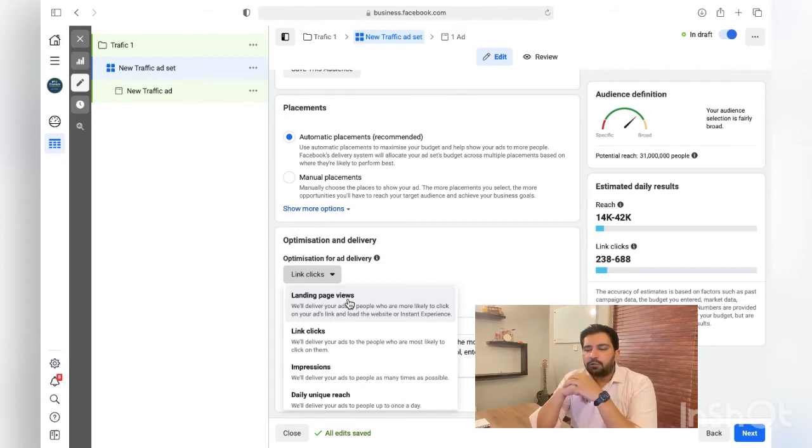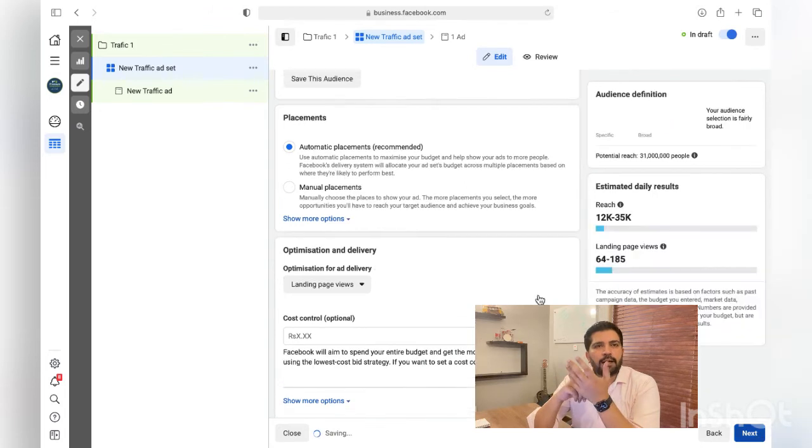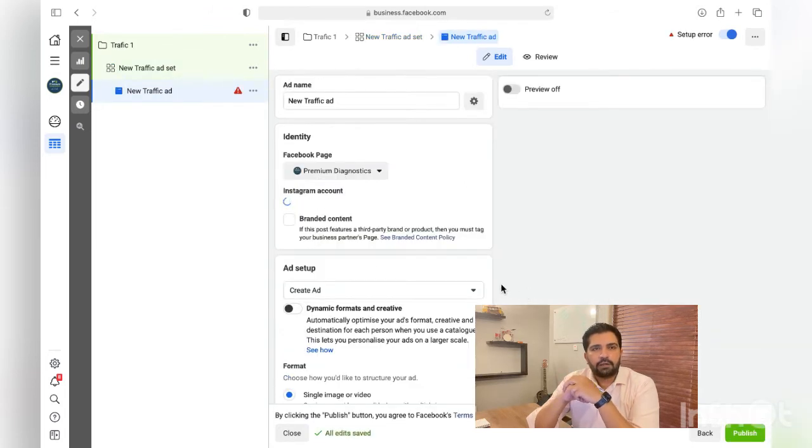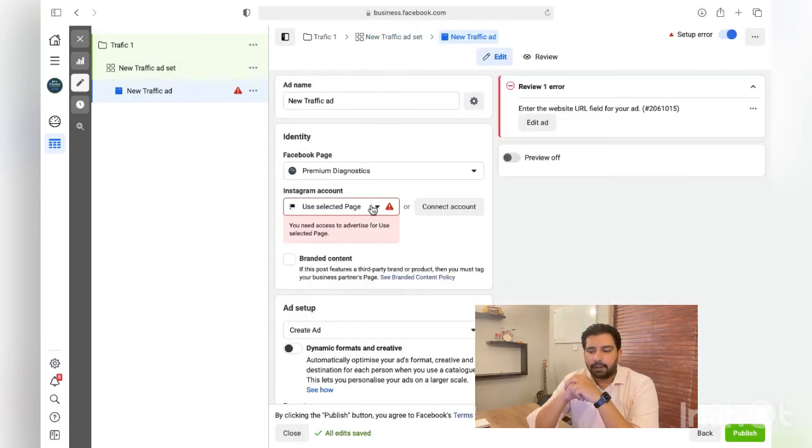But landing page views are for those people who will click on your ad and spend some time on your website, and if you're using an instant experience or a different sort of creative, they'll be more likely to be converted than the link click people.